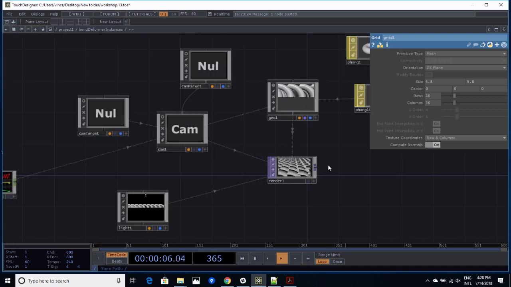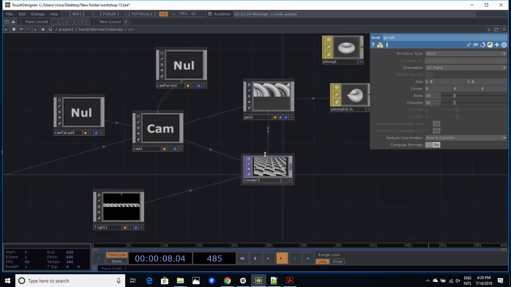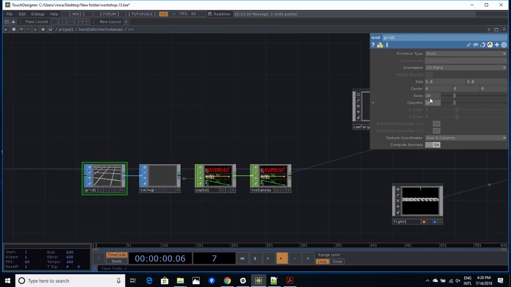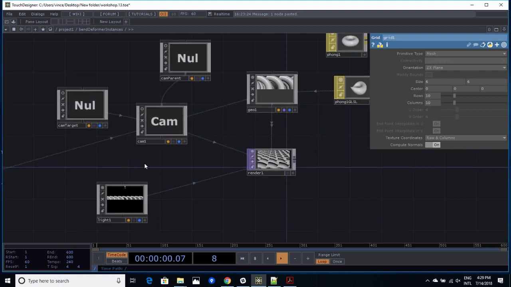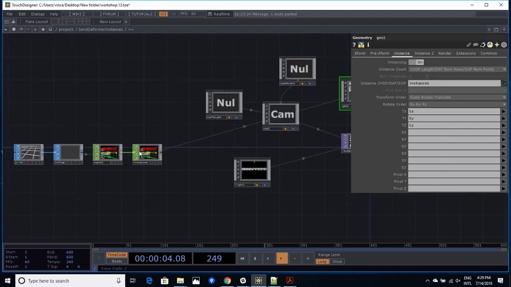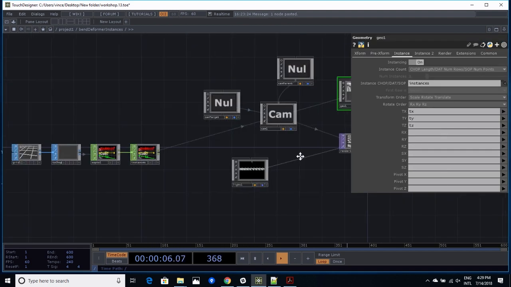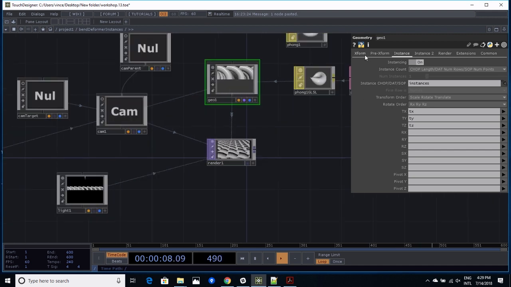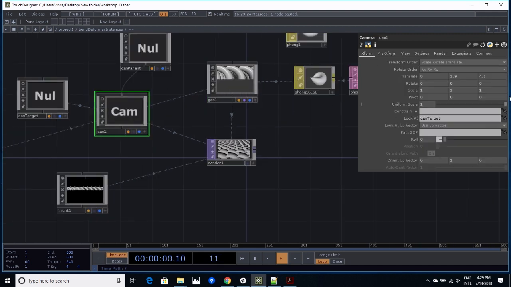How did you change the spacing of the instances? I made the grid bigger, so it's 6 by 6 in size, and also I reduced the number of rows and columns. So we have only 10 by 10 instead of 20 by 20. It's still a lot. So now we have 100, and I'm going to pull the camera back a little